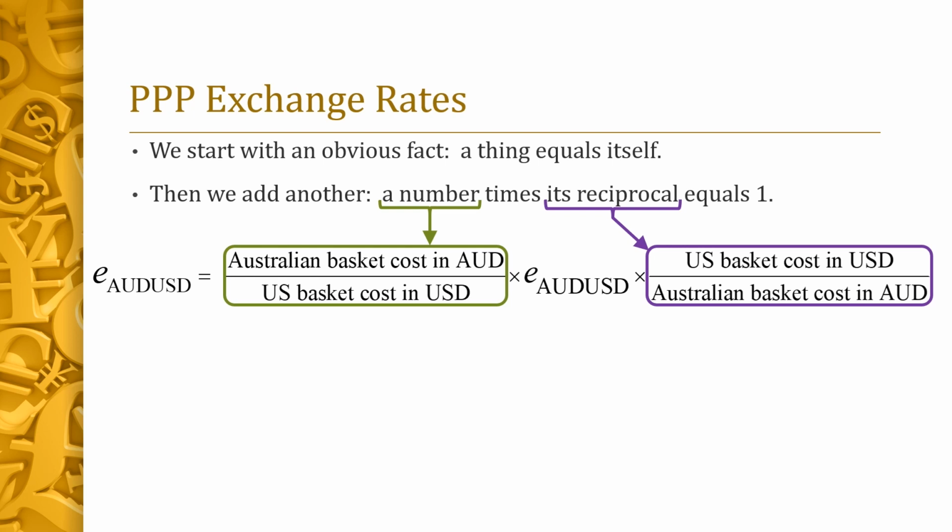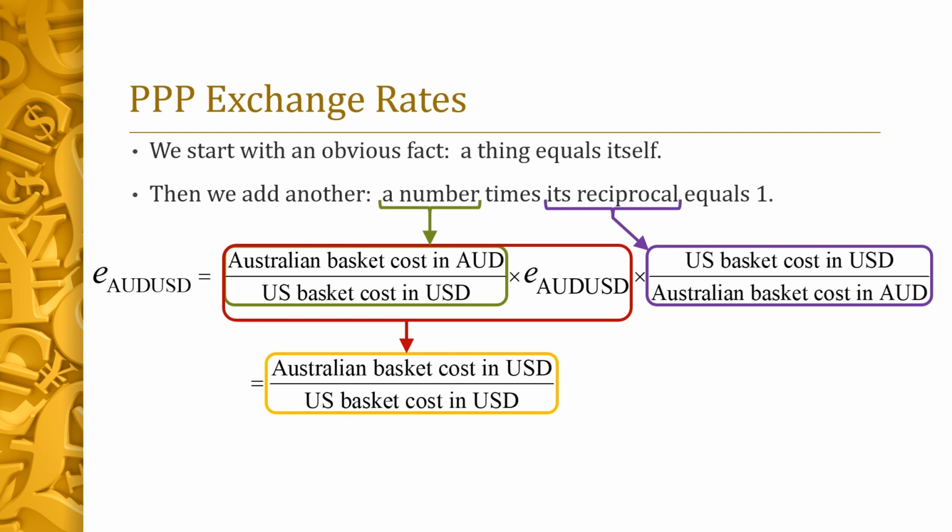Accordingly, the equation still holds. The right and left sides are still equal. Now have a look at the expression in the red oval. We can simplify this expression by multiplying the numerator of the ratio in the green oval, the price of the